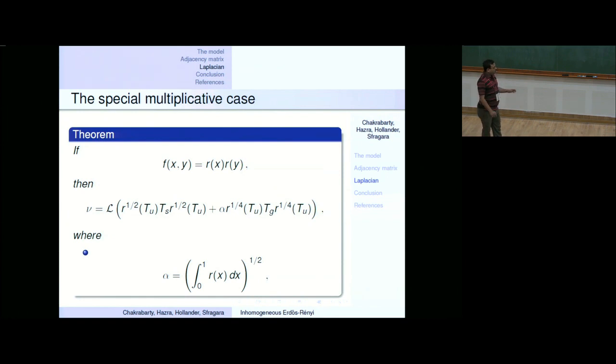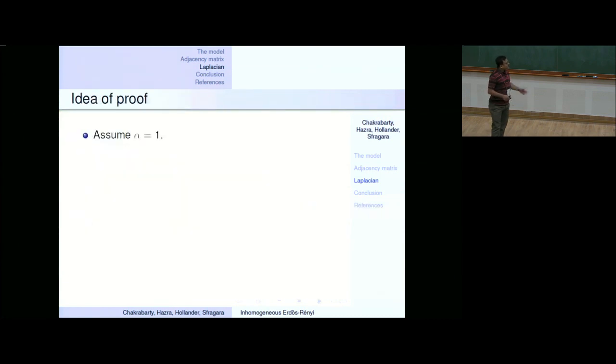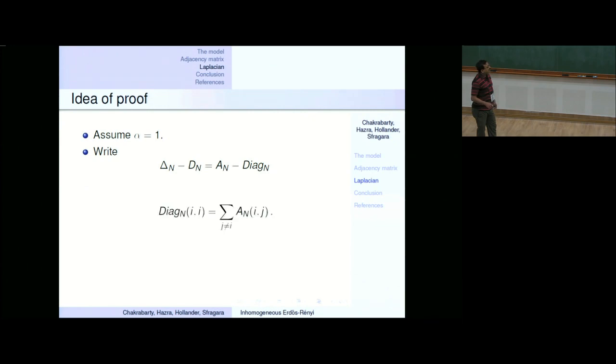So I won't give you a complete proof of this, but I'll tell you how this finally comes up. How does one get this as the limiting spectral distribution? I'll show that in the next few slides. So essentially it's an idea of proof. Without loss of generality, let us assume alpha is 1. So I write, this is finally what we are trying to look at, Delta n minus Dn. So I write this as An minus diagonal n, where diagonal n is,